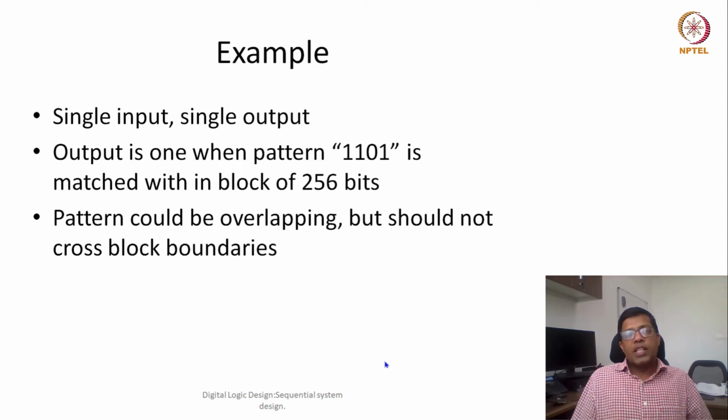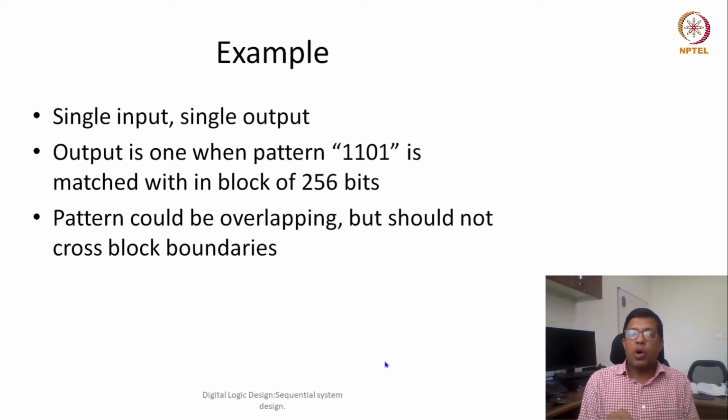Now along with that, there is also one more constraint, that we have to match in a block of 256 bits. So what could be a real life analogy with this 256 block? For example, when there is a serial interface like USB, there would be a packet. Packet means whenever these sequences of bits are sent, they are sent within a certain block. So all the time the data size is going to be fixed. Let's say that data size is 256 bits.